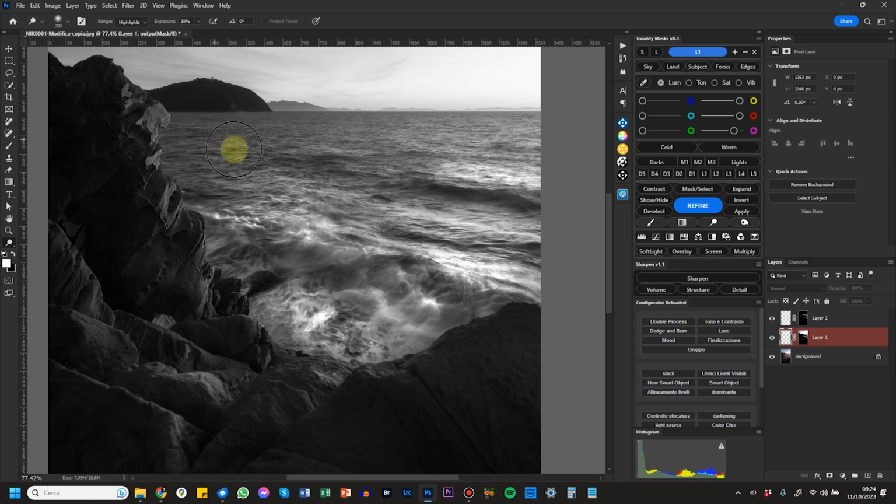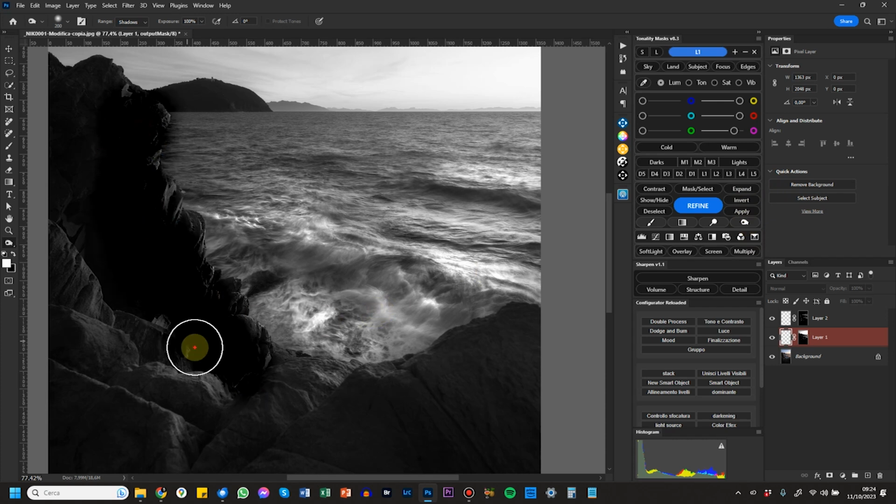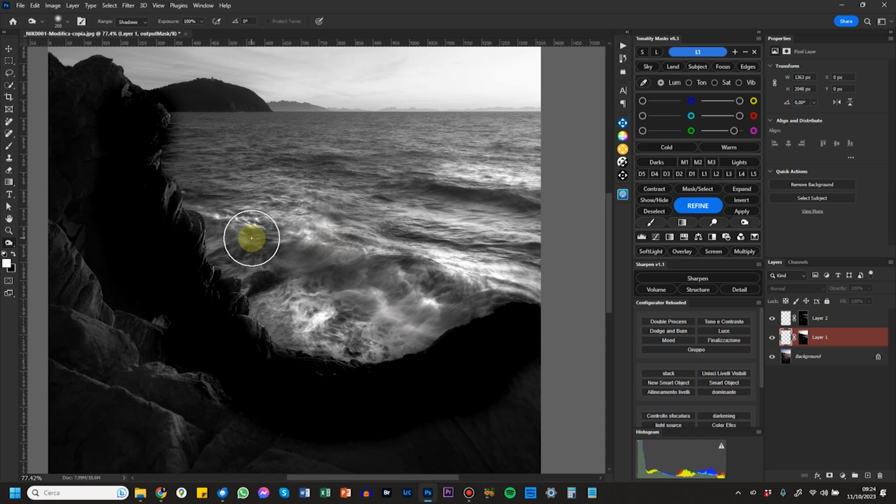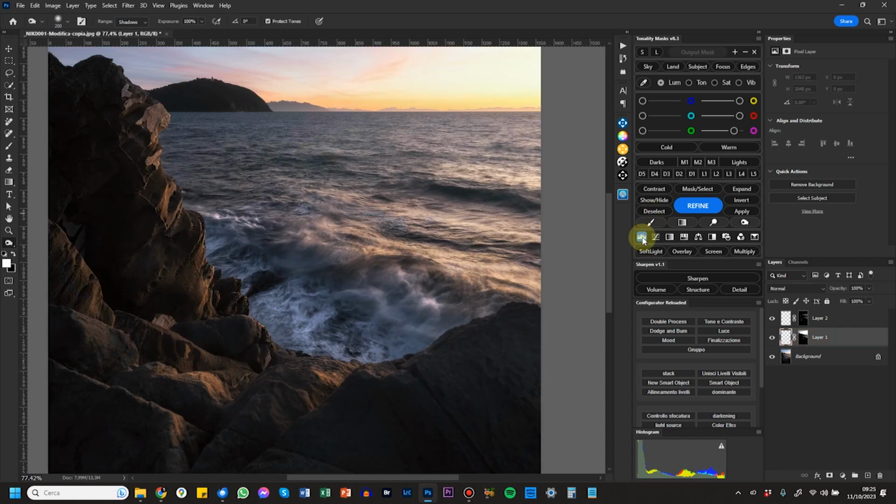But I want to deselect some darks here, so I press the burn tool here, and it will allow me to burn these darks. But if I go to the whites, you see the whites are more protected. Now I am doing it with a 100% exposure just to make it clear, but that's how you dodge and burn a mask to refine it, which is not, of course, the same as dodging and burning the image with a mask, and that's what we're going to see in a few minutes. Now we deselect it and we go on to the next section.